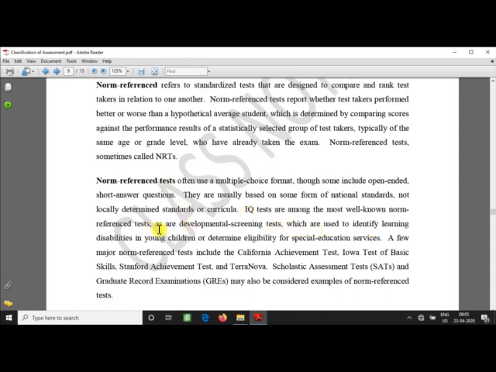These tests are used to identify learning disabilities among young children to determine their eligibility for special education services. So there are children who have learning disabilities. Some children have very mild learning disabilities. Some children, their learning disabilities are very much obvious. So these IQ tests will determine the extent of their learning disability, which will help the teacher to place these children into their